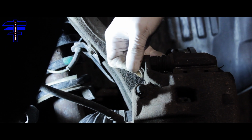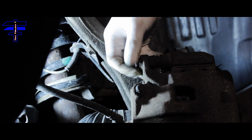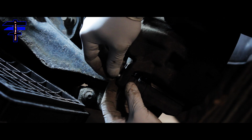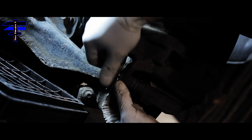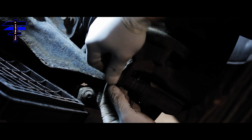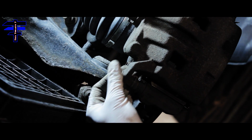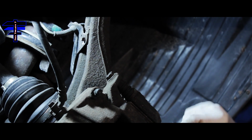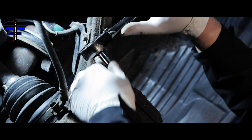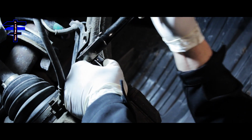Just use your hand first to put it in, align the hole, put the bolt in. You see it on the bottom. As you can see, I am doing it with my hands only, with fingers. So make sure it's not stripped. Put it in, and then tighten it with the socket. Once you've tightened the bolt by hand, with your fingers, then you really want to tighten with